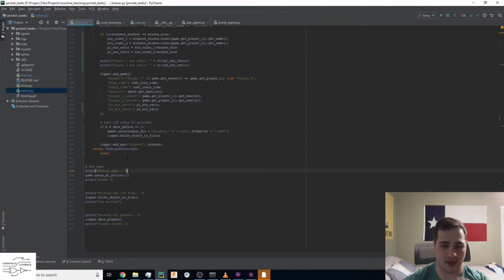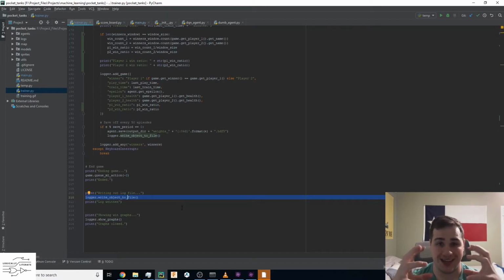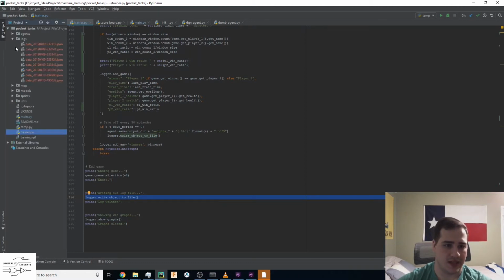Once the game ends, we then come over here, and we say write the object that is inside of the logger, so the logger data, to a file. It writes it to a file, and then we show the graphs. The graphs are just matplotlib graphs, so that kind of takes us lastly to this utils folder